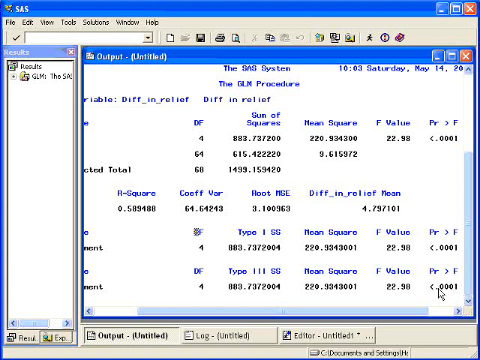This is important because it tells me that there are differences among the treatments. This tells me that there are differences among the treatments because the p-value is very small. Notice that the output also has the R-square. However, in ANOVA, nobody really cares about the R-square of your model. Mostly they're interested in knowing what the p-value is for your F-test to determine whether there are any significant differences